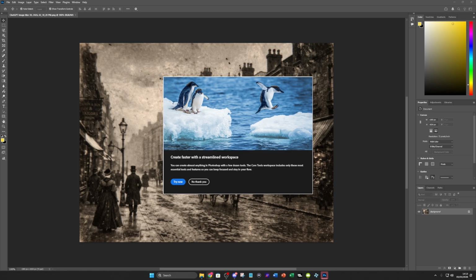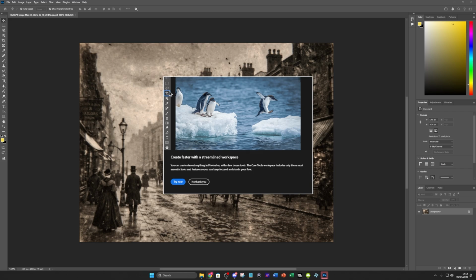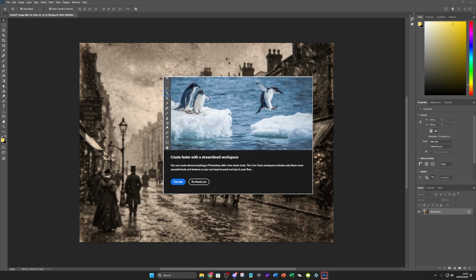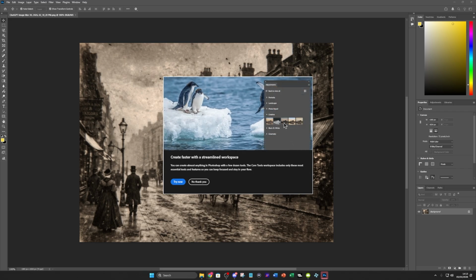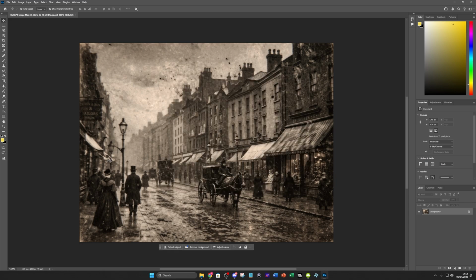But anyways, getting into it, it's very easy to do this, and you can do this with any recent Photoshop version, because this is going to be using some AI tools. So there's a few different ways that you can do this. The first one is going over, and we're just going to press no thank you on any pop-ups that come up,